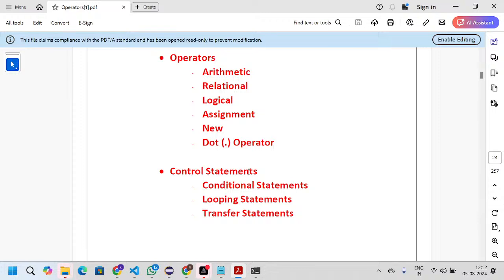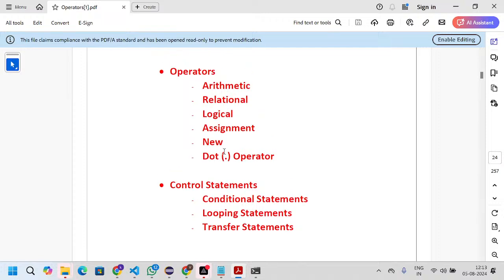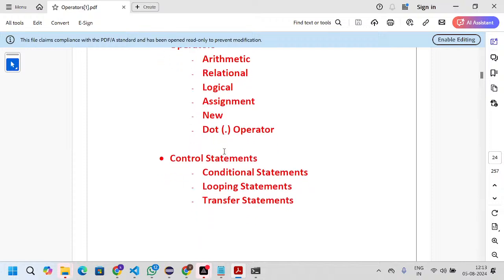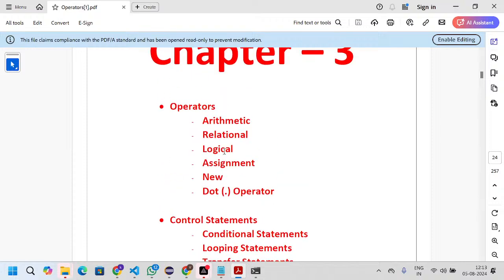In control statements, we'll have conditional statements, looping statements, and transfer statements. We'll go one by one.